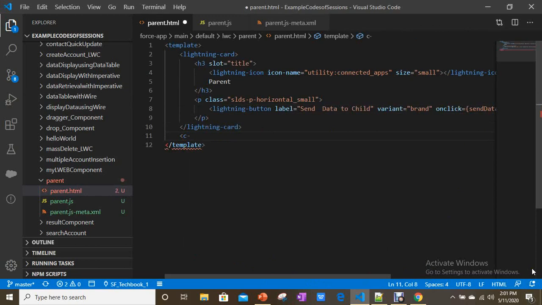If you have any namespace enabled for your org, you have to use that namespace. For now, we don't have any namespace enabled in our org, so I'm using the default namespace, hyphen, and your component name, what you want to include in this component. Now I want to include the child component, a web component, here. That's it. And you always need to give Done.